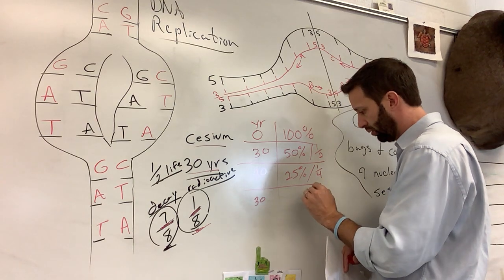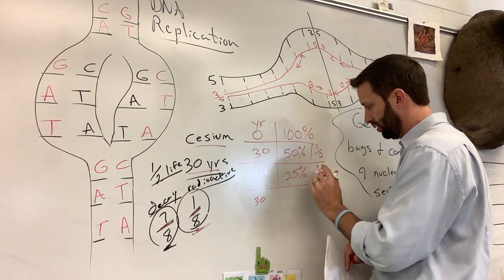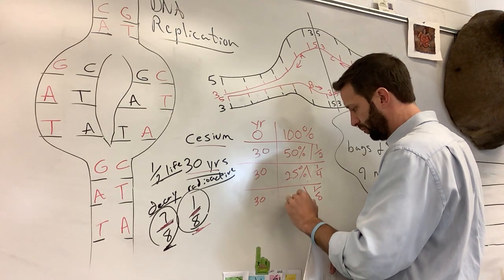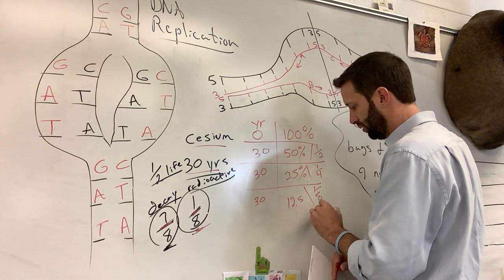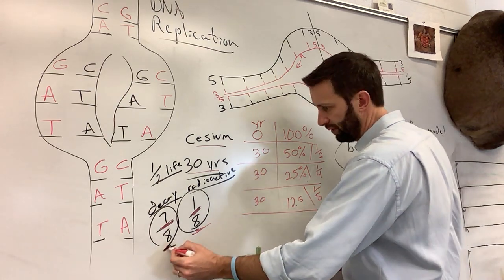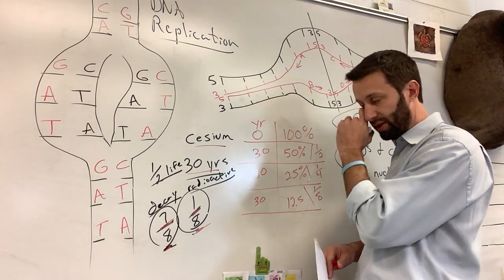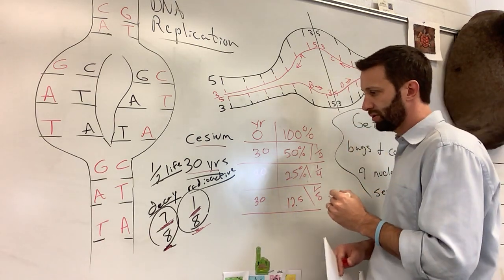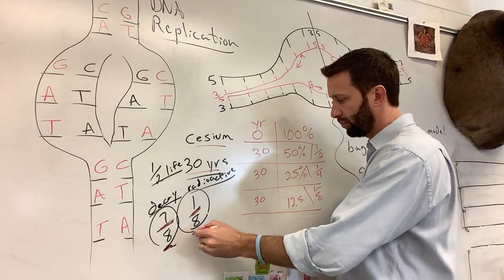1/8, or maybe I should do a backslash. 1/8, or what was that? 12.5% is left over. Okay, so how long did it take us to get to where 7/8 of that radioactive cesium is broken down? 90 years. So it took us 90 years to get to that point where we only got about 1/8 the radioactive material